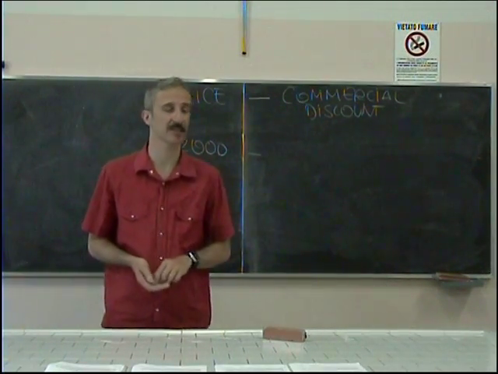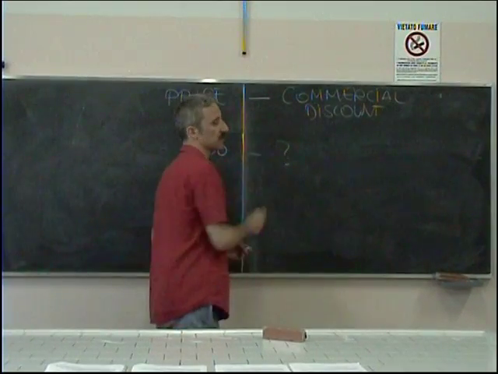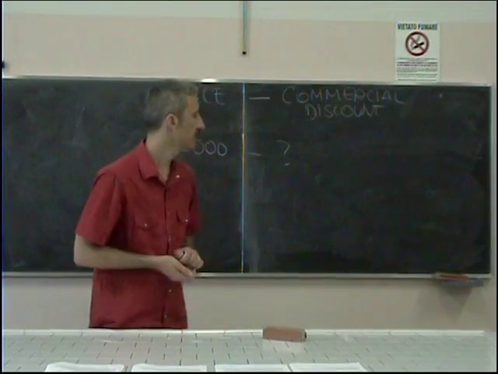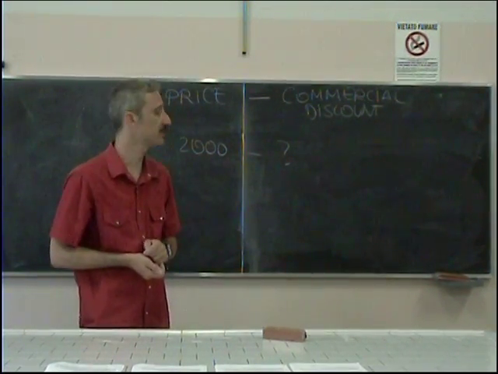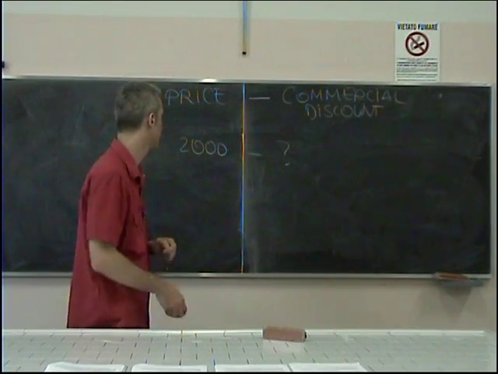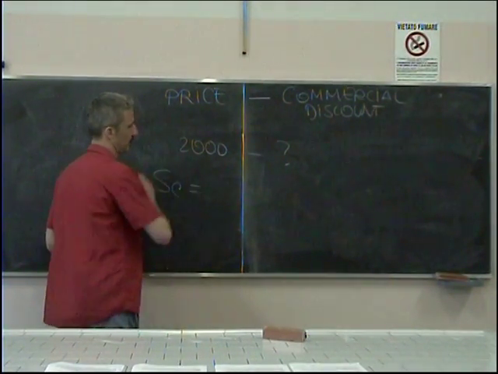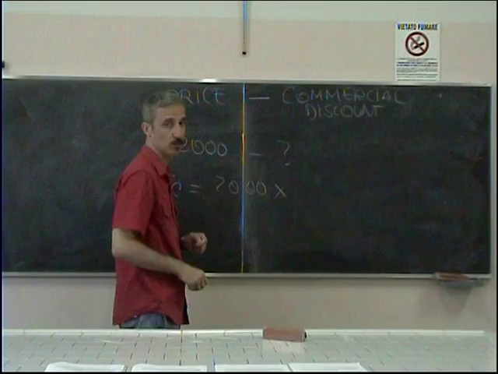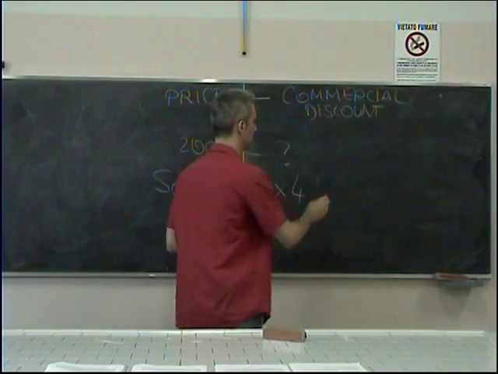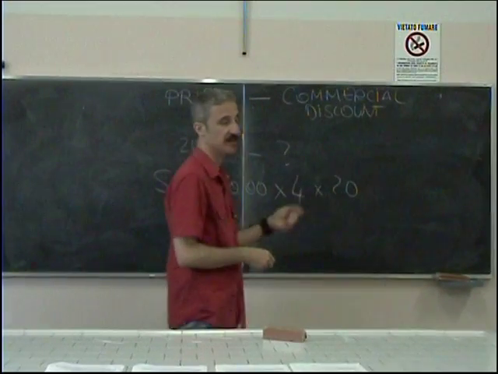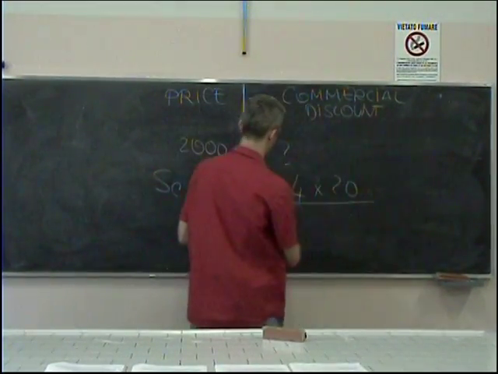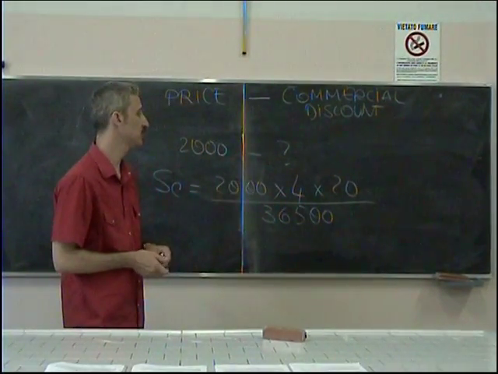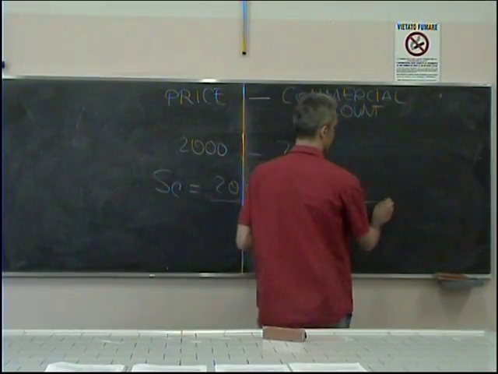For these 20 days, considering a commercial discount rate of 4%, we have now to calculate the amount of this commercial discount. So, we take 2,000, we take 4, the rate, 20 the days of the delay, and this because of the formulation due for days. If you do it properly, we obtain